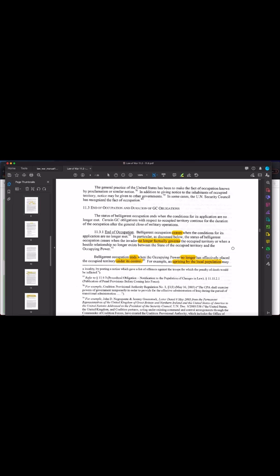When they lose their ability to enforce their will, the occupation is over. Okay? So let's read this part here. Belligerent occupation ends when the occupying power no longer has effectively placed the occupied territory under its control. Okay, that determines the end of an occupation.